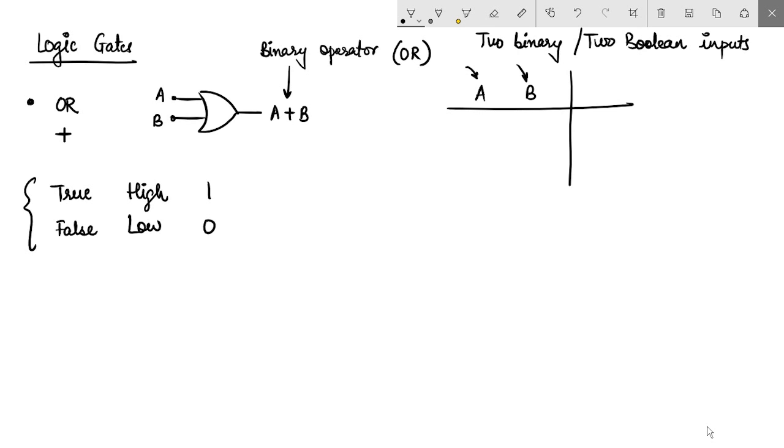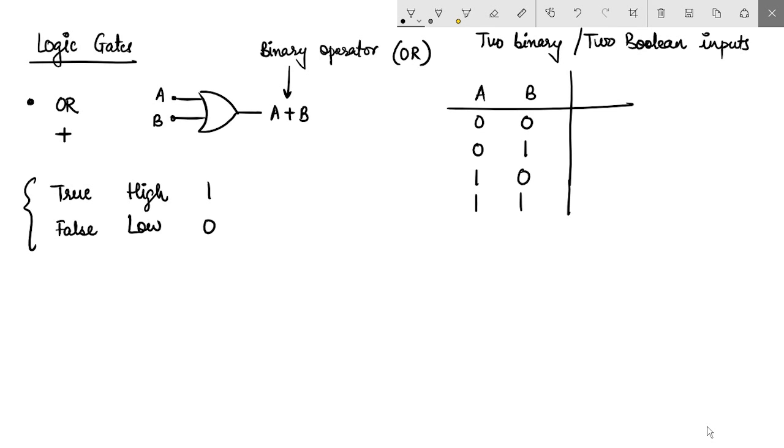If I was talking in terms of a binary number system, then A and B can assume only 0 or 1 value, right? So if I have two variables that can take two values, how many possible permutations of these values can I have? I will have 2 to the power 2. If I had n such variables, I would have 2 to the power n such combinations, correct? So in this case, it is 2 to the power 2, that is 4. The combinations could be: both are 0, this is 0 and this is 1, or this is 1 and this is 0, or both are 1.